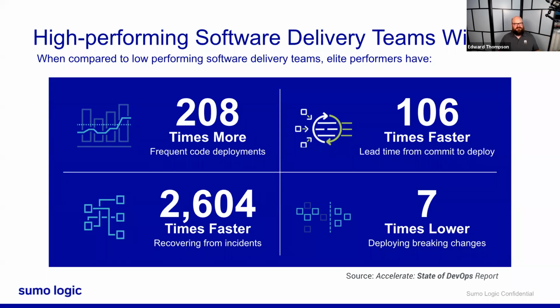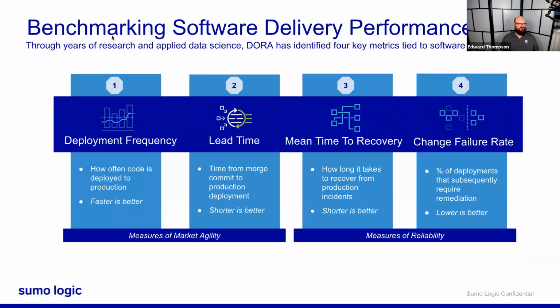But these are the things which people find make a real difference to business, because they're getting to market faster and they're having a more reliable experience for their customers. And that's why these teams win. And that's why everyone wants to try and improve these metrics, and that's what we're trying to provide some visibility for. So the particular metrics that I touched on before, there's 4 key metrics,